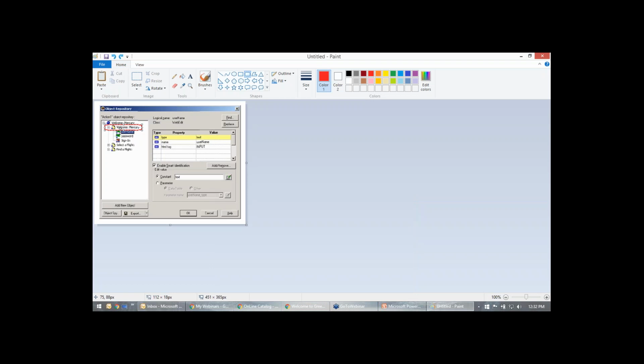So all the objects are stored in order. Then there are fields: username, password, sign in. These are field values.